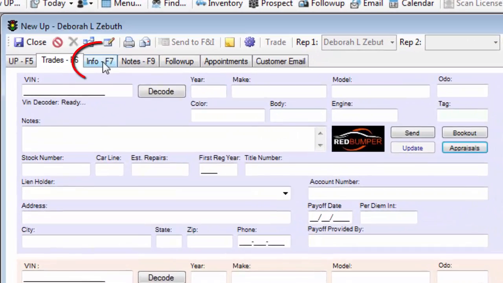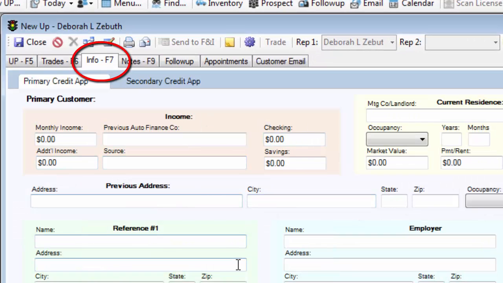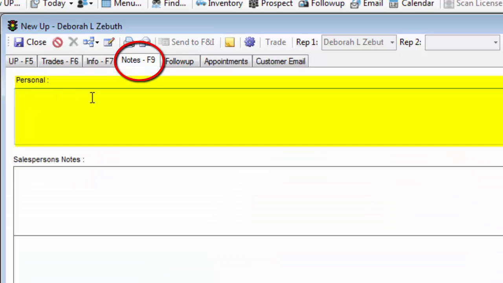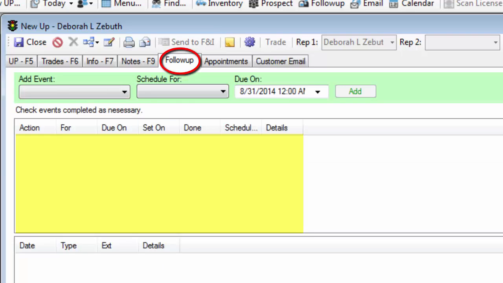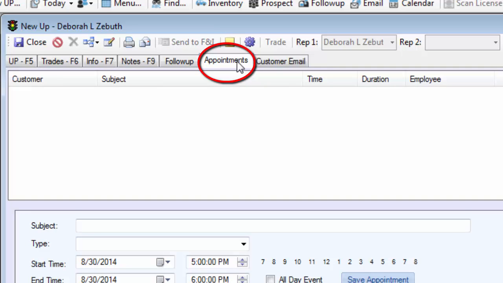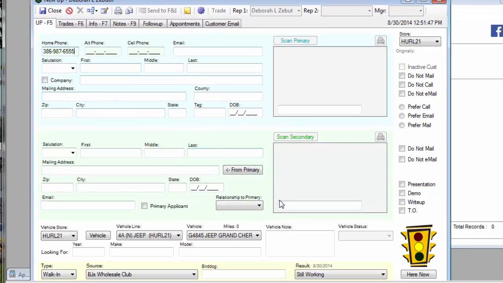The Information tab, this is where you can print a credit app for the customer. The Notes area, very important, you put personal notes in up here, and notes to do with the transaction here. And the follow-up area, the follow-up items in here will be automatically populated to this record by the way the dealership's contact regimen is set up. Again, we looked at appointments before, and you can see that's how the entry of a record works in Traffic